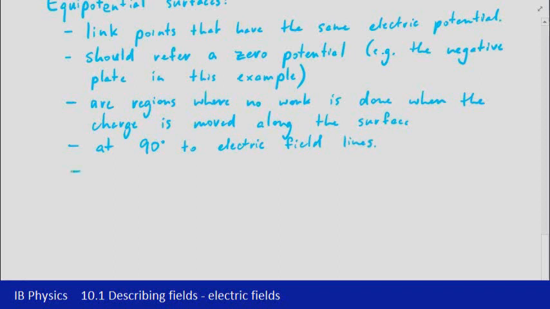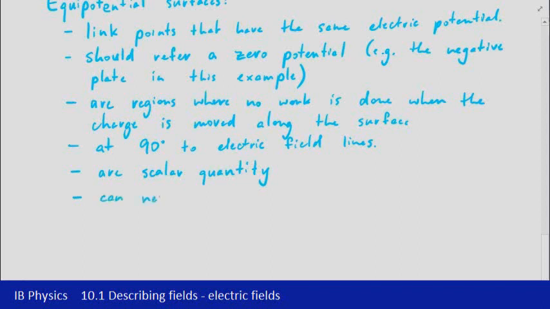Another key point about equipotential surfaces is that they are scalar quantities. That is, they don't have a direction. So while you can talk about the size of the equipotential surface or the magnitude of the potential at those points, you don't have a direction associated with it. You wouldn't say it's 10 volts to the left or 14 volts down. It's just about the fact that it's either 10 volts or 14 volts. And the last one, which is fairly self-evident,